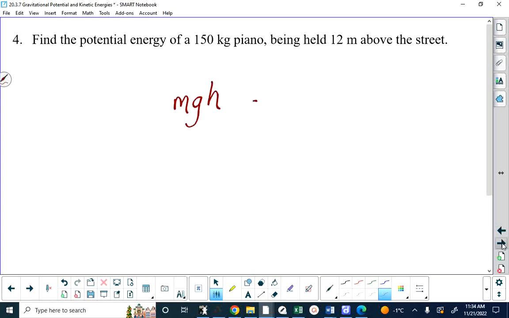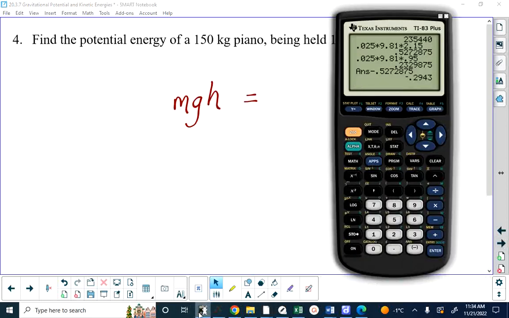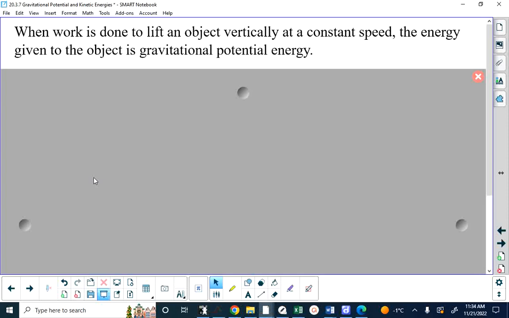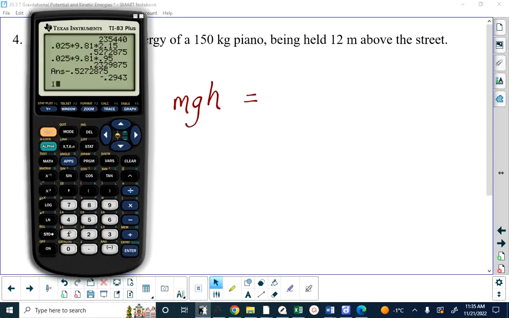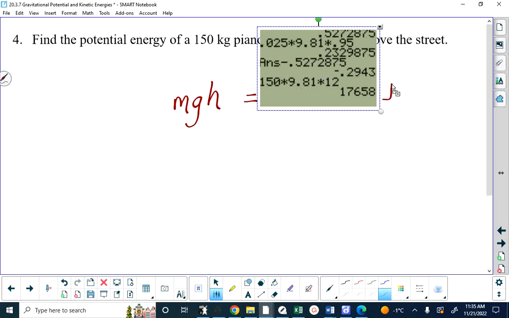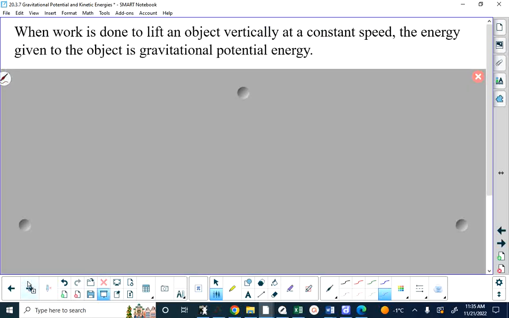I'll give you a few seconds to calculate that. You get 17,658 joules. Number 5,